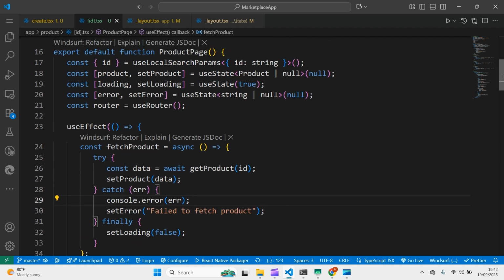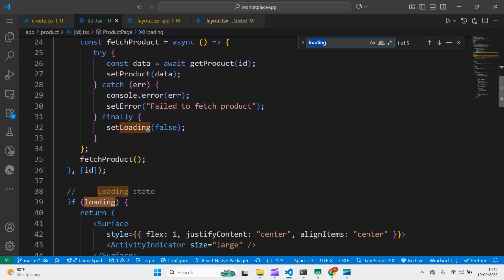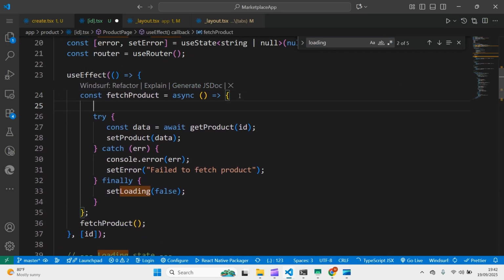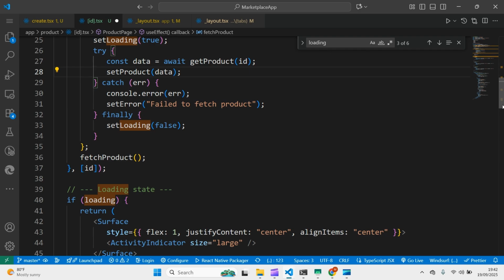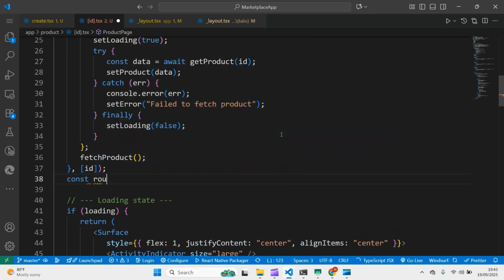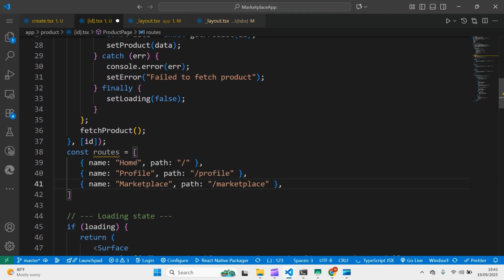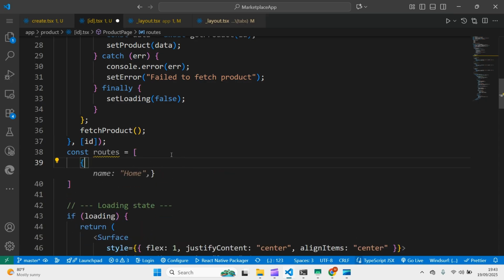Okay, so first of all, a couple of things here we need to check. Here we can set loading to true. Make sure I set the loading to true, and after that we can now create a function, create a navigation. We can do const route equal to an array of routes. You see, an array of routes, we can say, for example, homepage, profile, whatever. But what we want to have is, let's say, key